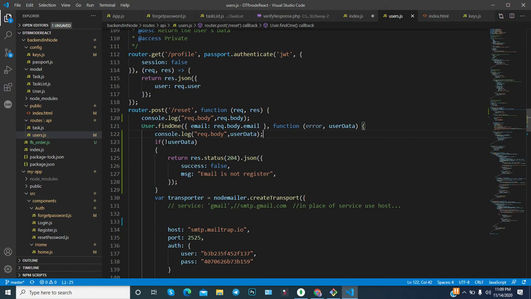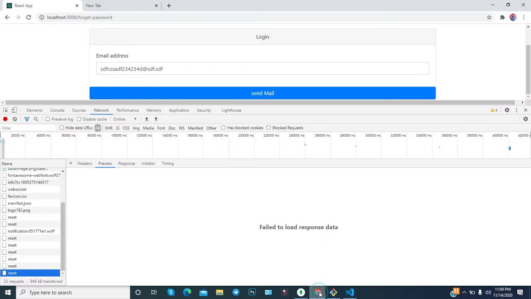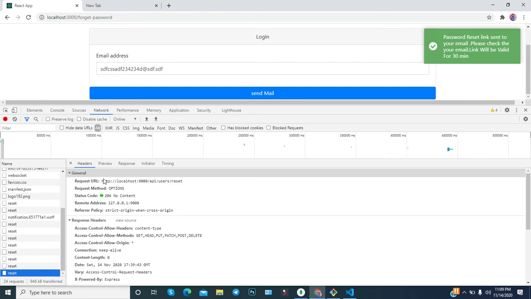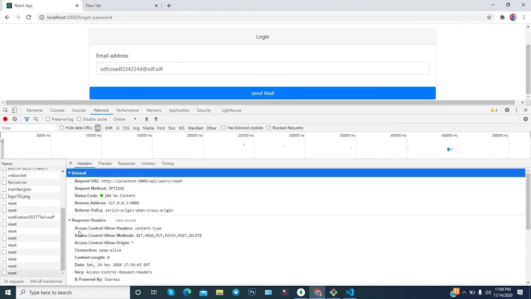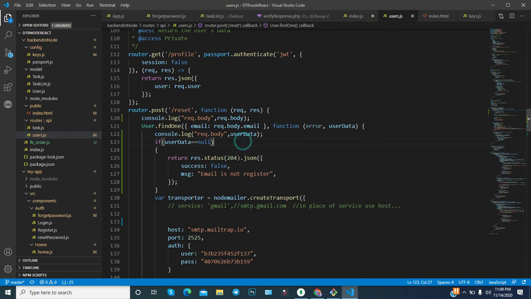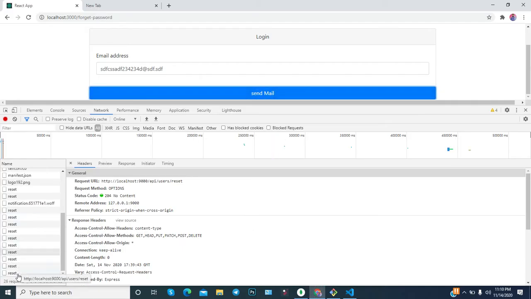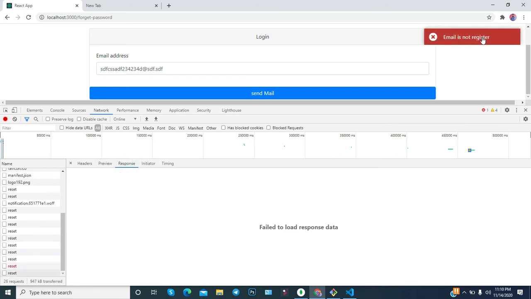Okay, if user data is equal to null, then let's see what is happening. Email is not registered, you can notice.